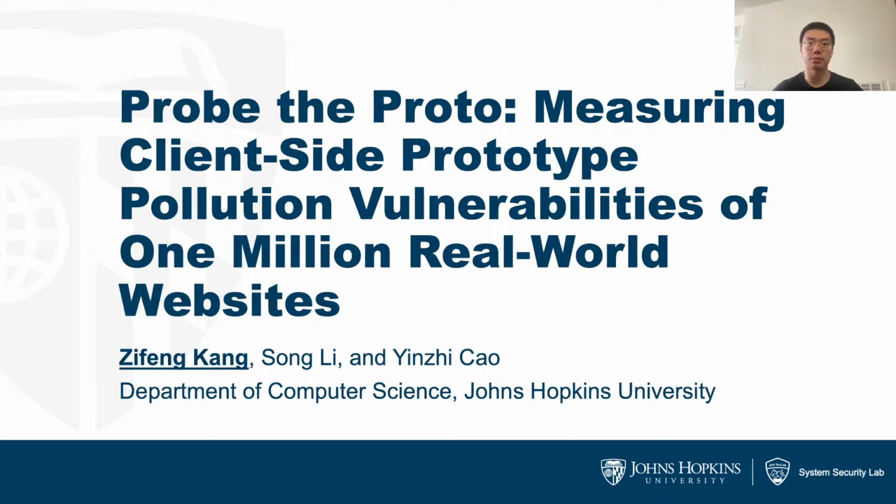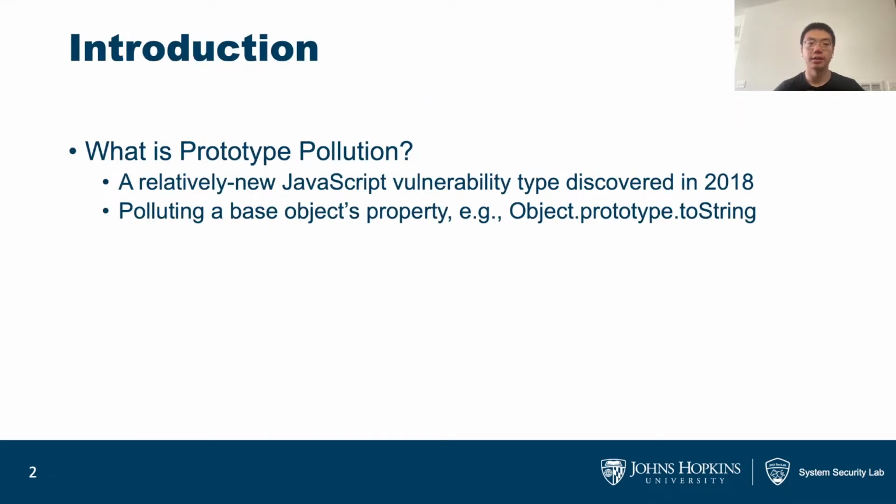Today I'm happy to present our work called Proto, measuring client-side prototype pollution vulnerabilities of 1 million real-world websites. First, what is prototype pollution? Prototype pollution is a relatively new JavaScript vulnerability type discovered in 2018. It involves polluting a base object's property, such as object.prototype.toString. Such a property further opens up a backdoor for the adversaries to inject malicious code, and it will cause further